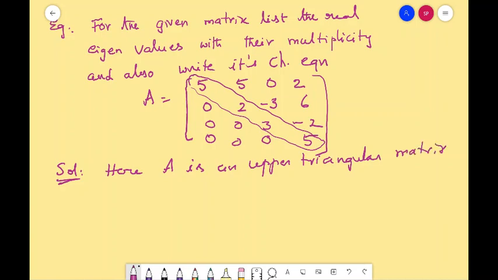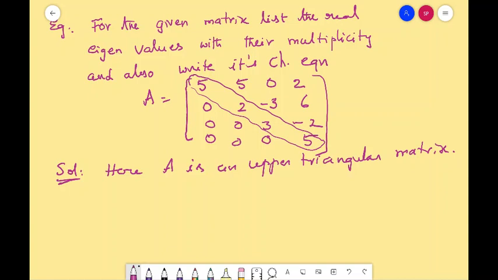What is the use if it is an upper triangular matrix? Actually, we can find eigenvalues or characteristic values in different ways. Before learning about the characteristic equation, we learnt that if a matrix is a triangular matrix, then its eigenvalues are nothing but the elements in the principal diagonal. Otherwise, the general way is taking the characteristic polynomial or equation and solving it. You will get the solutions of the characteristic equation as eigenvalues.